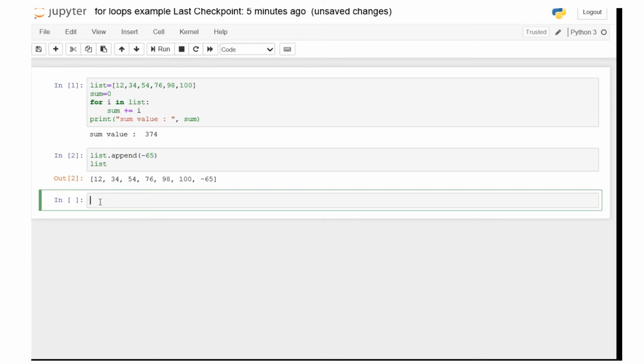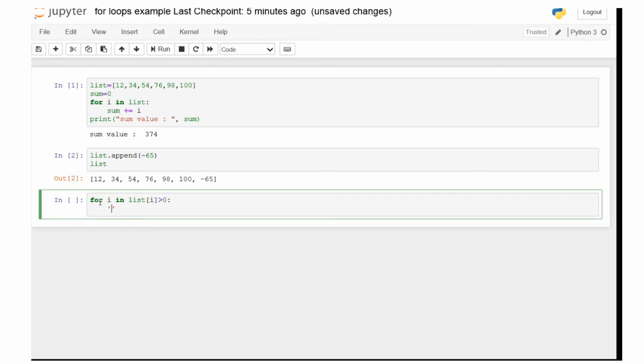Now I am going to find the sum of only the positive values. In this case, for i in list of i, it is greater than 0. The greater than 0 condition is what we have to add here. Then again sum is equal to sum plus list of i.